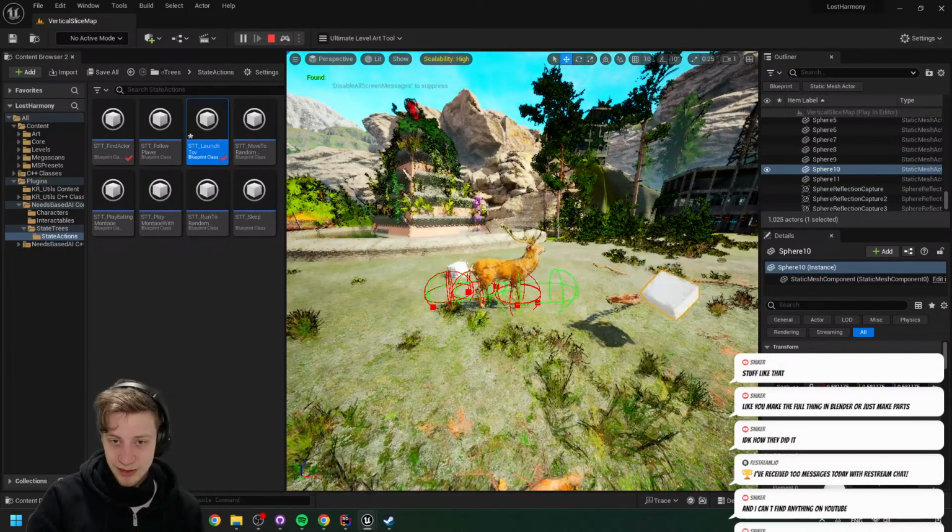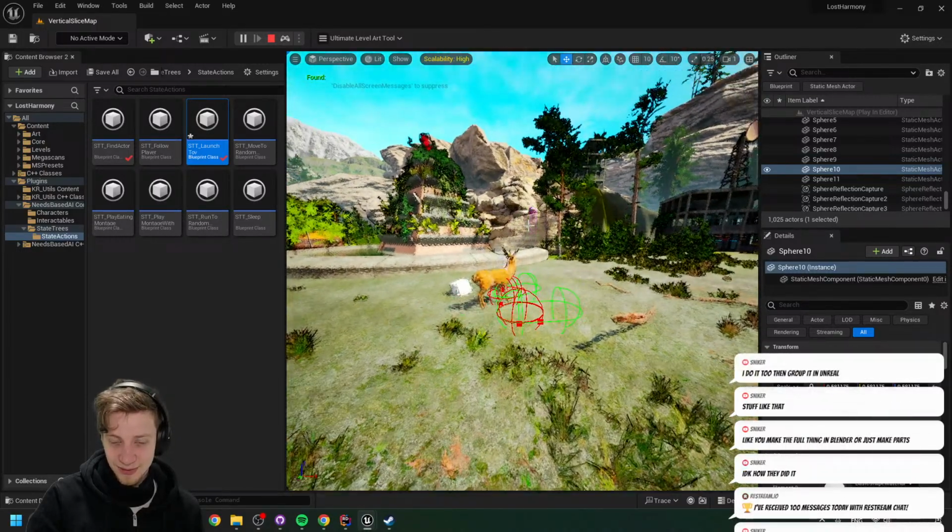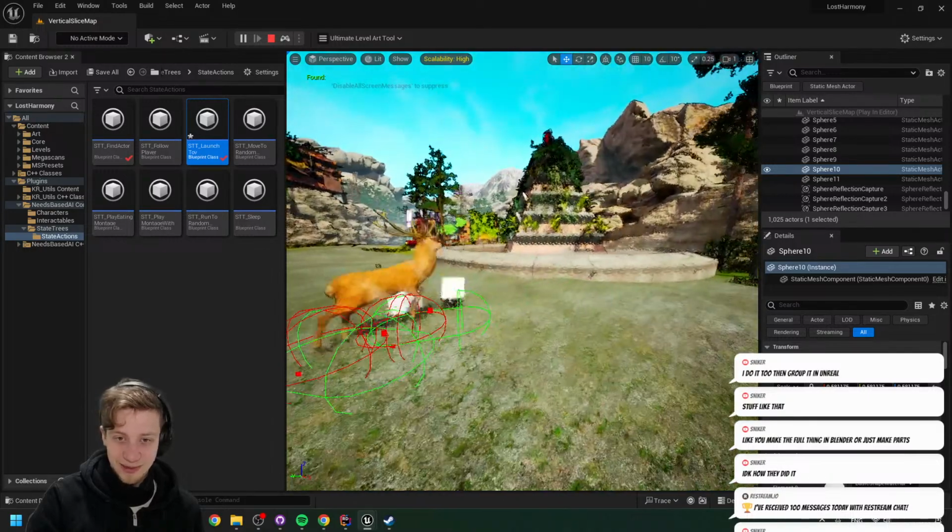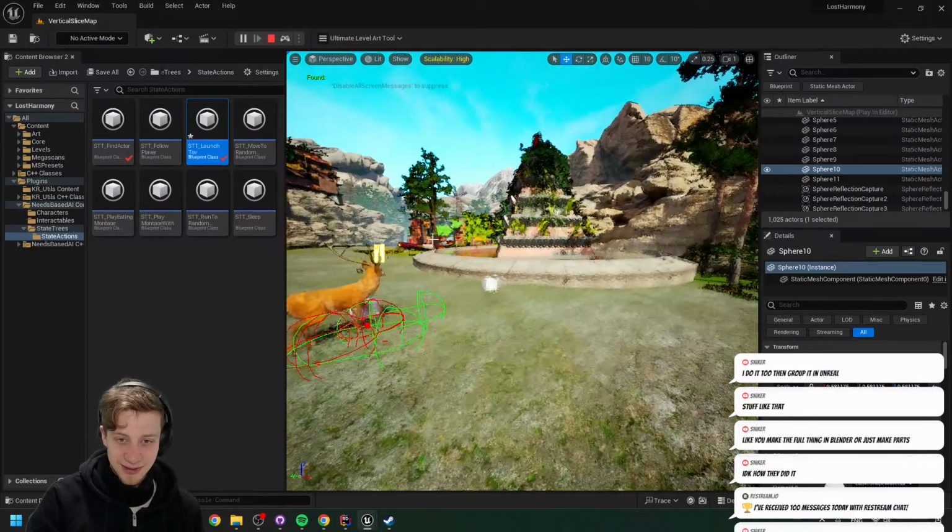Guys, should this stay in the game? It doesn't seem like it's too much, but it happens too often. When it happens sometimes, it's kind of fun. What do you think, guys? Should it stay in the game?